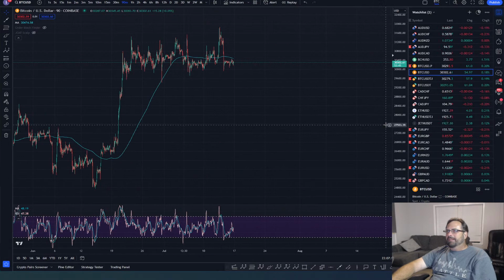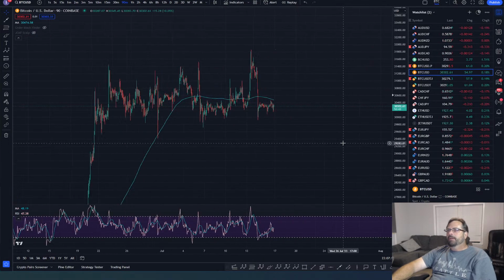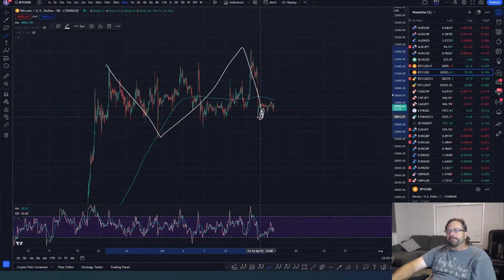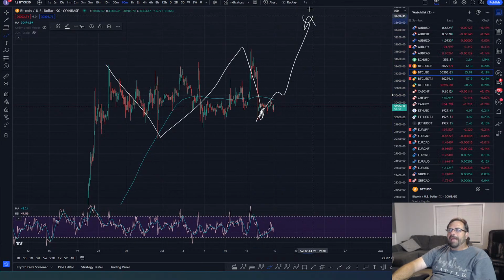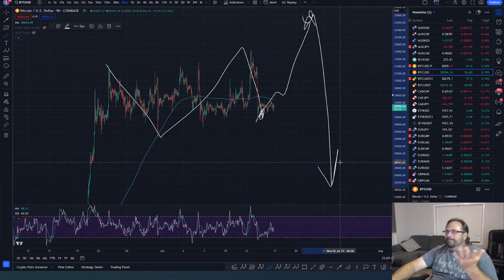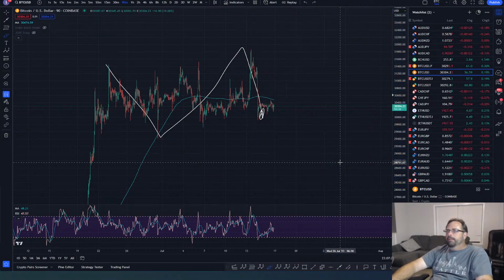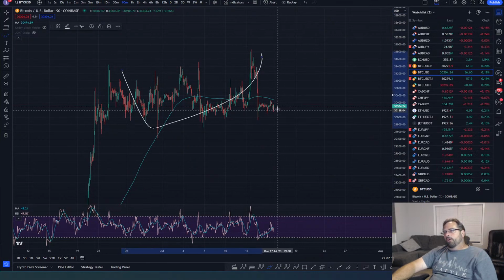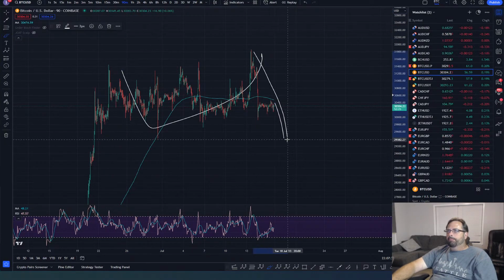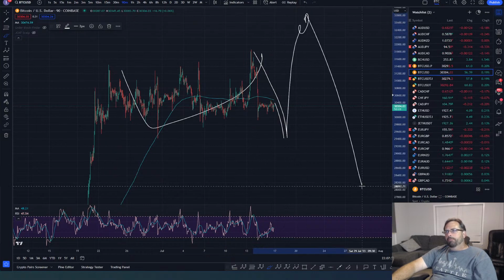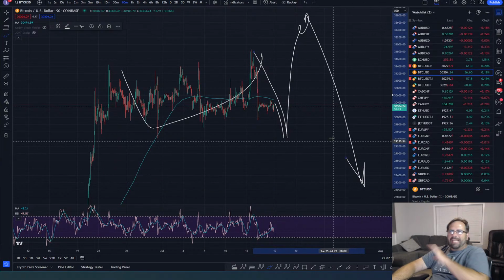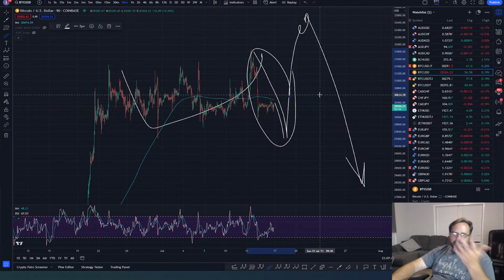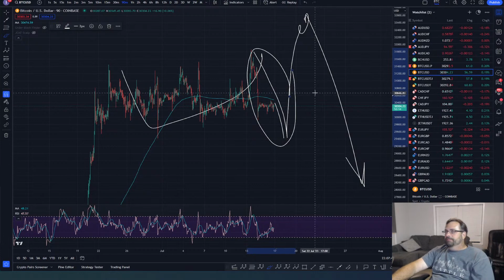Now, if you want to be simplistic, you say, forget all that, Jim. Here's what you got. You got a potential 3 that finished here. Let's go up, tag the high and reject. There's possibility 1. Or we tag the low one more time, go tag the high, then we reject. That's the same count, just two different ways. It all depends on if that wave is finished or not. Same count. Is that wave finished?